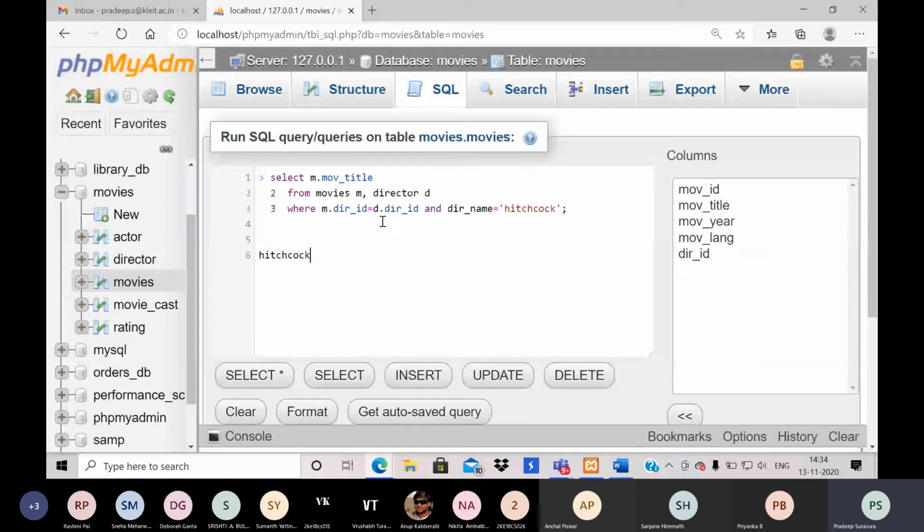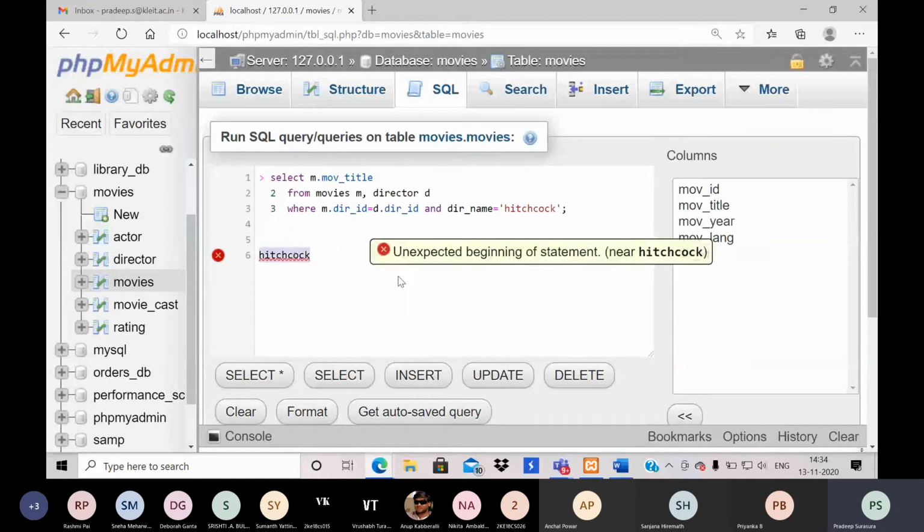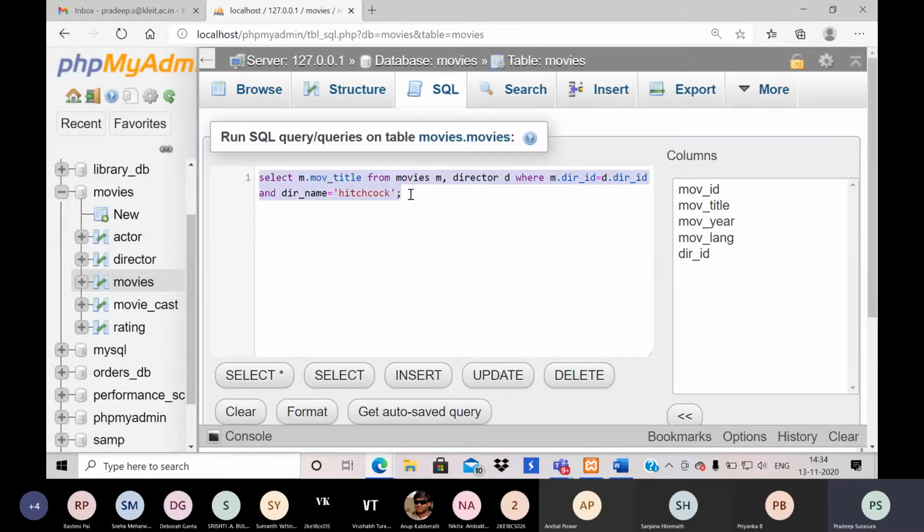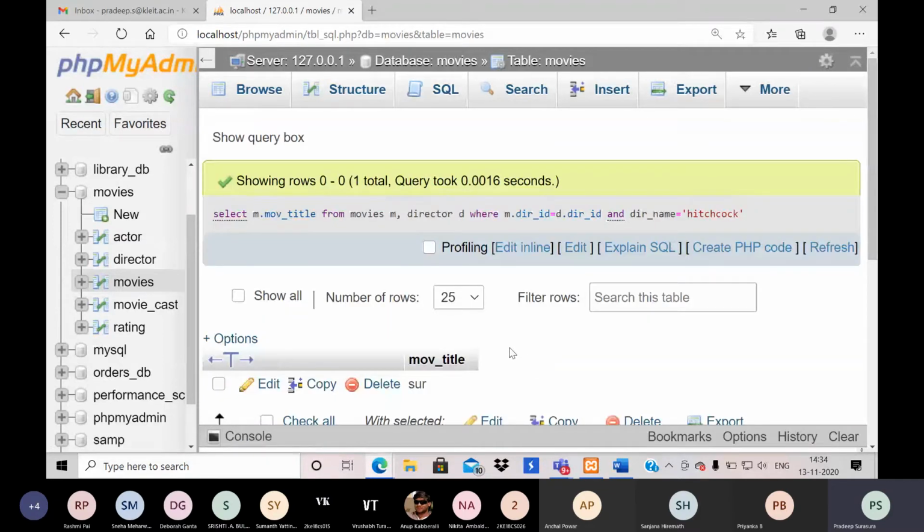Okay. So write this. Okay. I should get the value as 5001 because according to the result I have 5001.